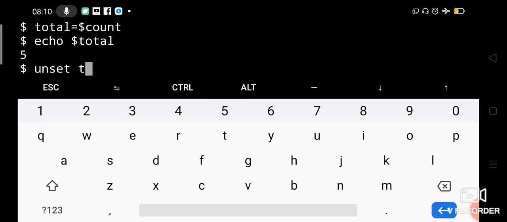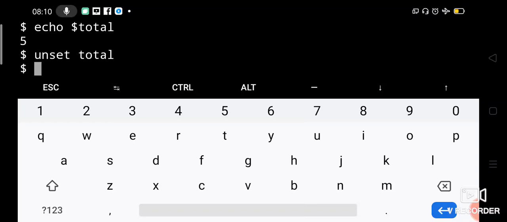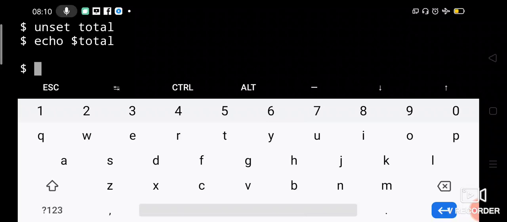If I say unset total, total will be removed from memory, and if I try to display the value of total again, it will not be displayed because it no longer exists in the shell. Okay, the shell doesn't have this variable. On the command prompt, we are directly creating variables, hence they are called shell variables. Okay.